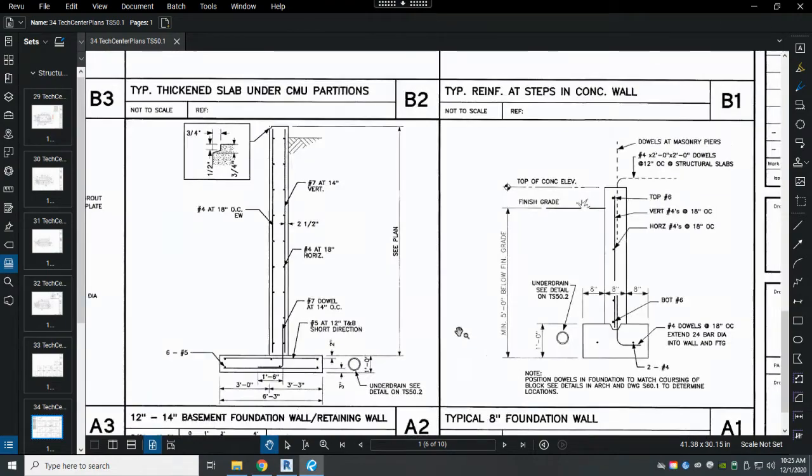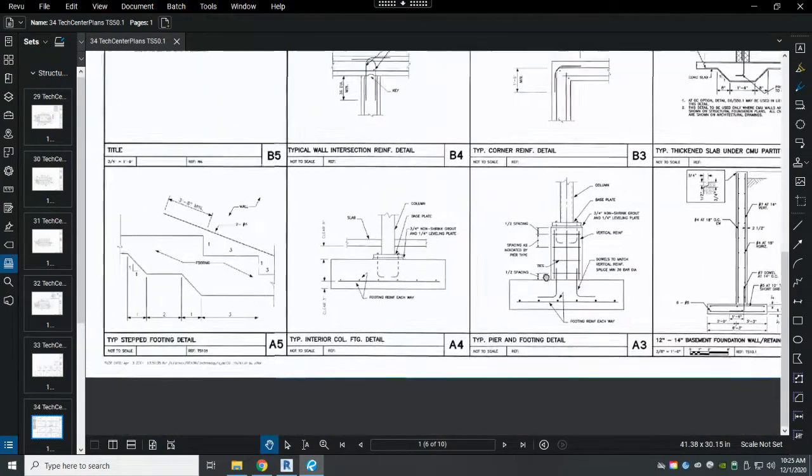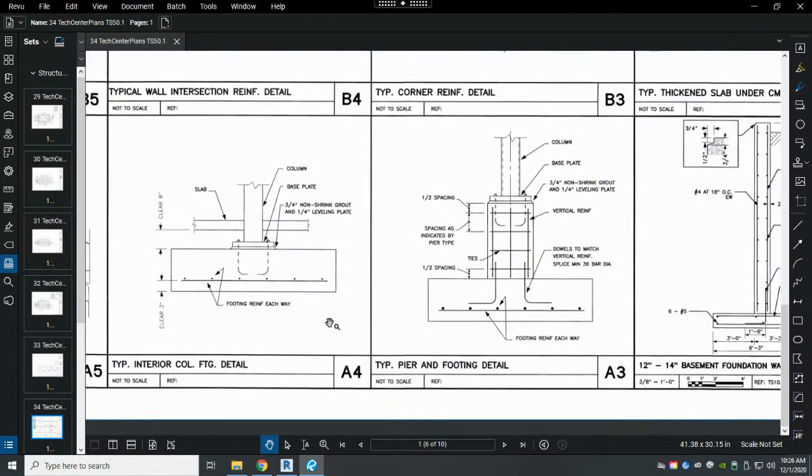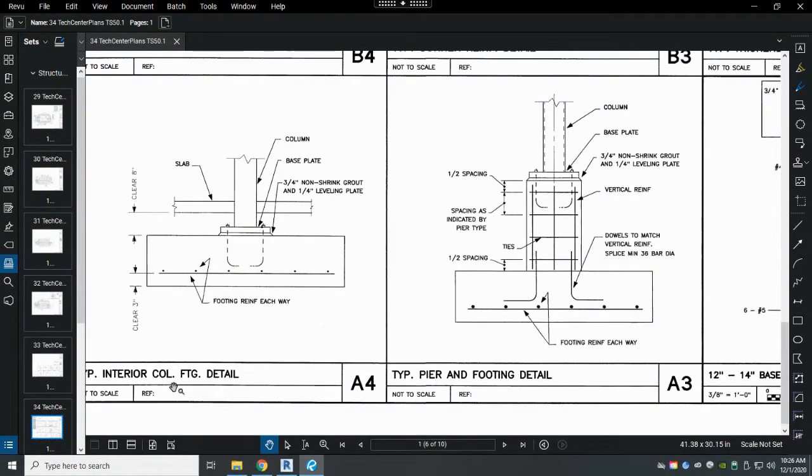And the last thing that we're going to take a look at is how exactly we are providing support in the foundation system, in the pads and things like that. So this is the interior column footing detail. Those interior columns are the steel columns that we saw in the middle that were called out as NP. This is just showing where the rebar is going to be located,